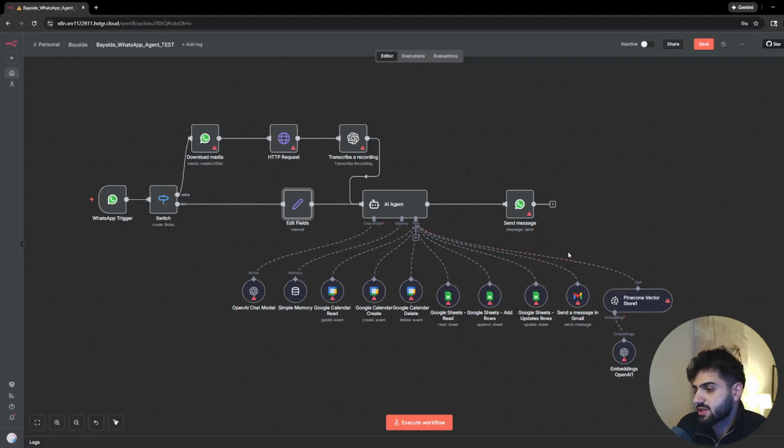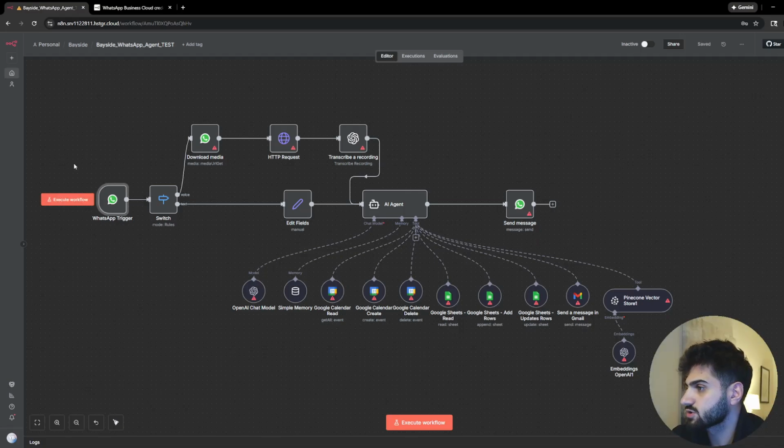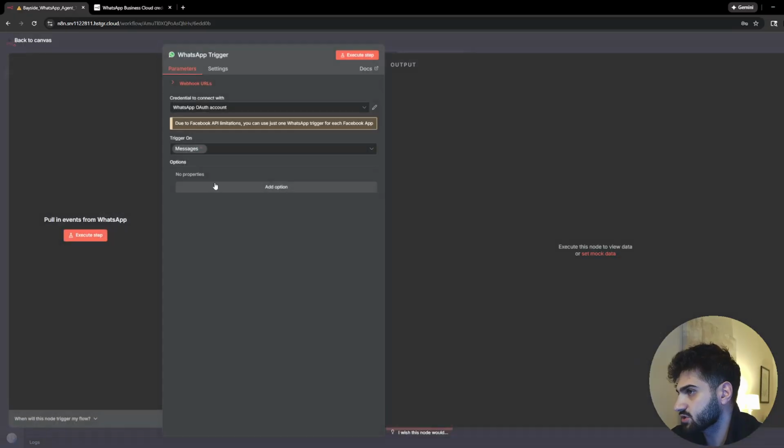So now that you understand the architecture and how data flows throughout the system, let's actually build this out so that you can deploy something like this for a real-world client. I'm going to walk you through connecting each piece step by step, exactly how you would set this up in production. We'll start with WhatsApp, and then connect the AI, and then we'll wire up each tool, so that by the end of this video, you'll understand how to take this from concept to a working system that a real business can use. So starting with this WhatsApp trigger node over here, this is where the customer's message comes in,